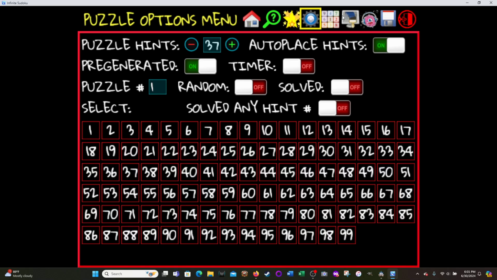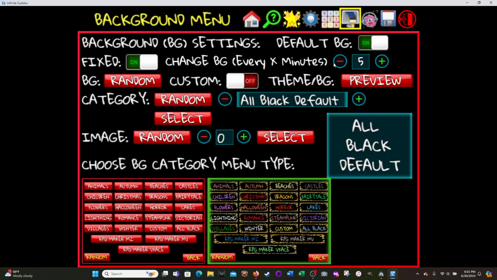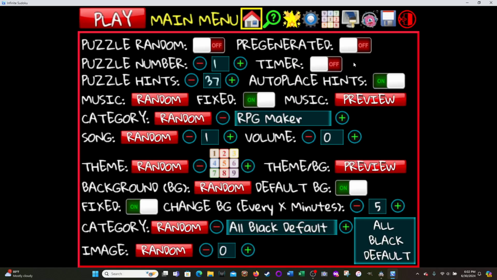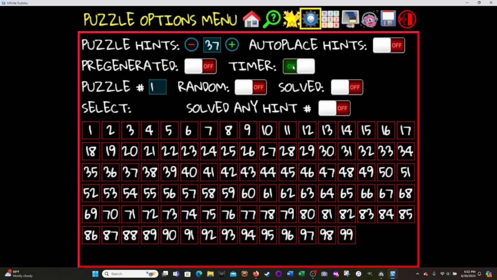Sorry, pre-generated is on. If I turn it off here and go back, it's off over here. If I turn the timer on and turn off the autoplace hints, then when I go over here, the timer is on and the autoplace hints is off. So all of these things carry over to the other